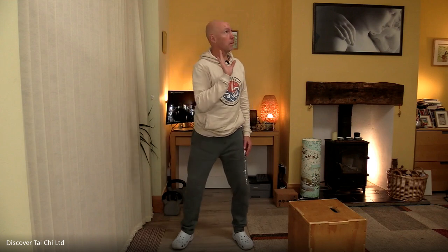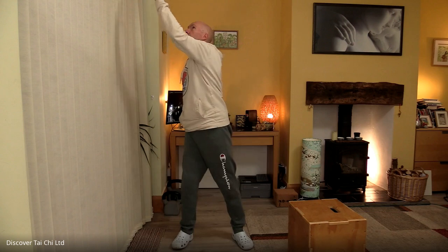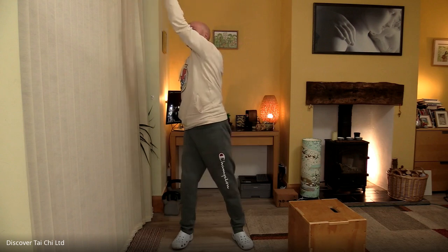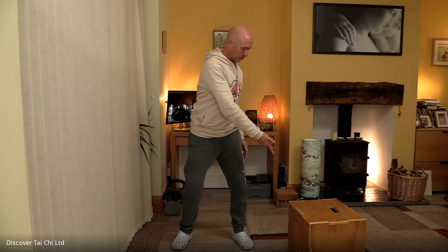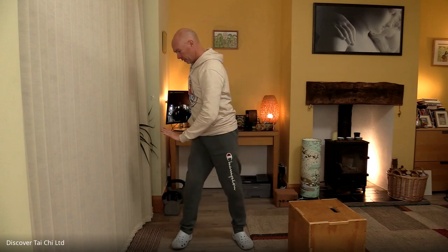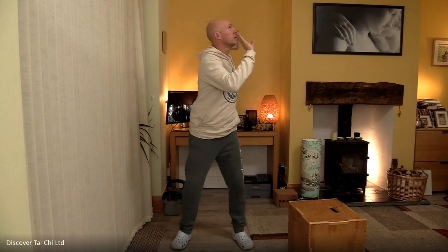Again, this is going to mobilize through the upper part of the back as we push up, and then draw the hand back down. And as we bring it down, we pick up the left hand and we go up diagonally to the right. And again, you can feel that as well. And now we're going diagonally down, right hand down to the left, following the lines of a cross. Back again, left hand, so from shoulder down, past the hip, looking in that direction, and back. And then we'll go up with that right hand to the left again, pushing up,